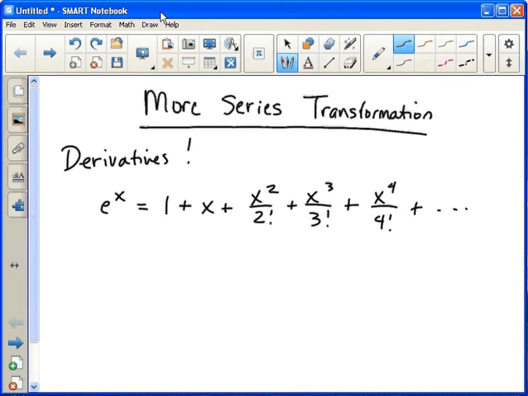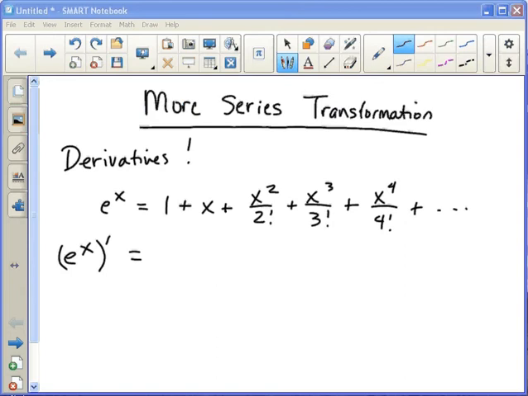So we've looked at how we can transform Taylor series by substituting in something like x squared for x or 2x for x, or we can subtract things from the series, or we can multiply something by the series, or multiply the series by something, I guess is the way to say that. You can also take derivatives of them. So for example, we have e to the x here. If we take the derivative of each piece,